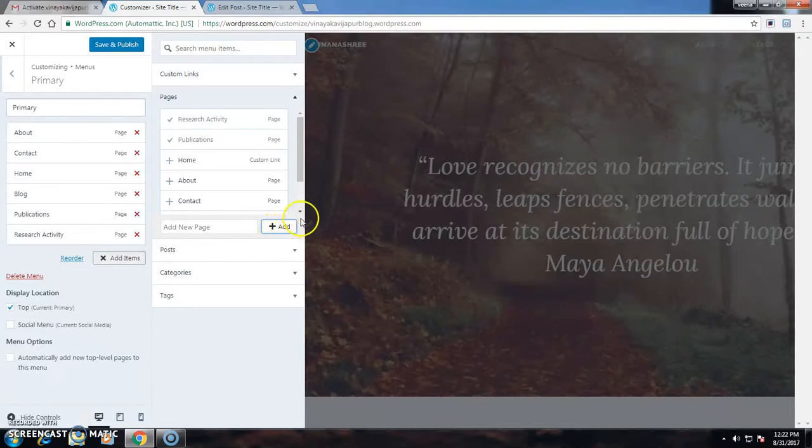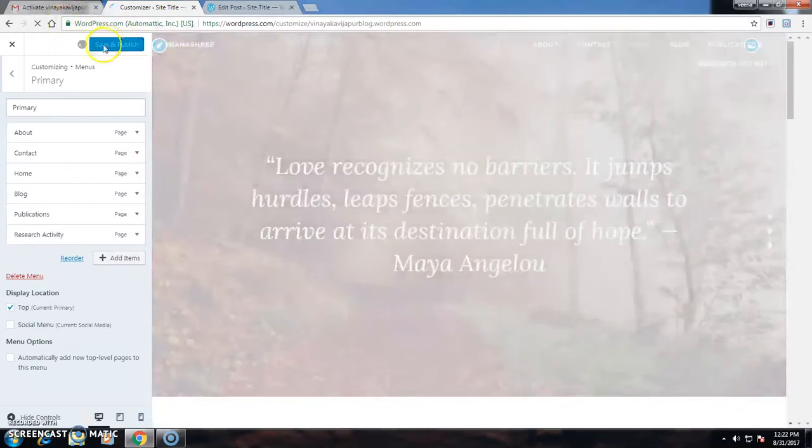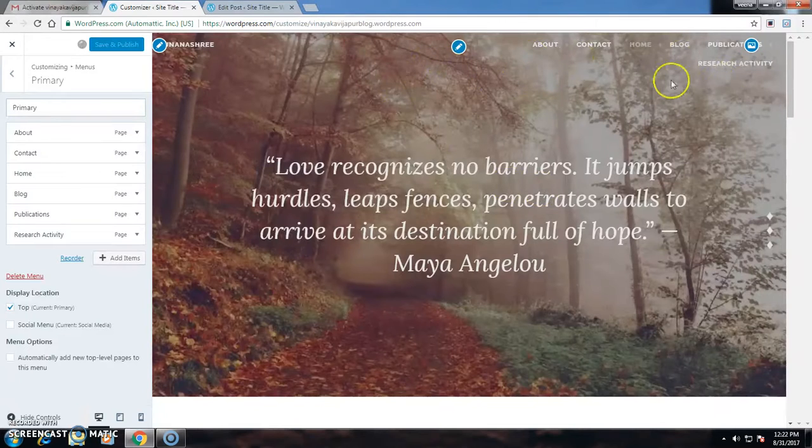And I have to click the save and publish button. Then on the home screen, it is visible that publications and research activity are also visible.